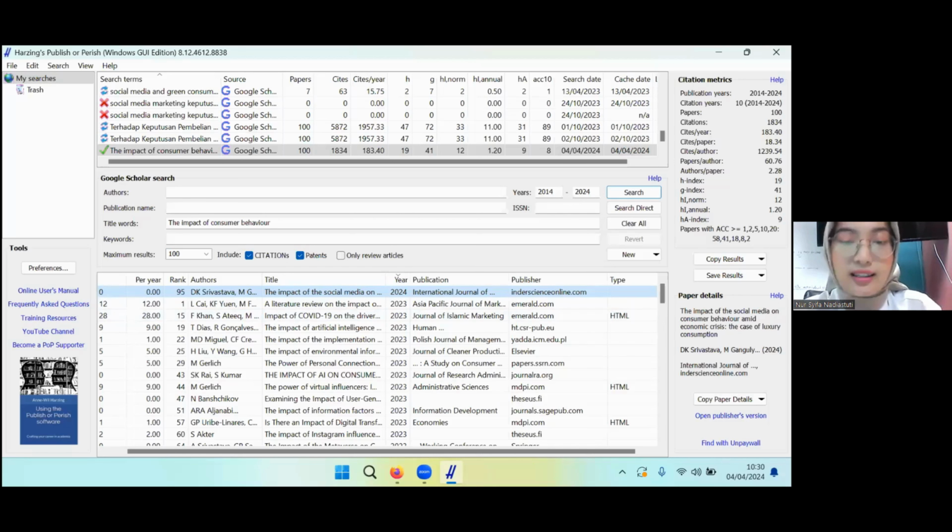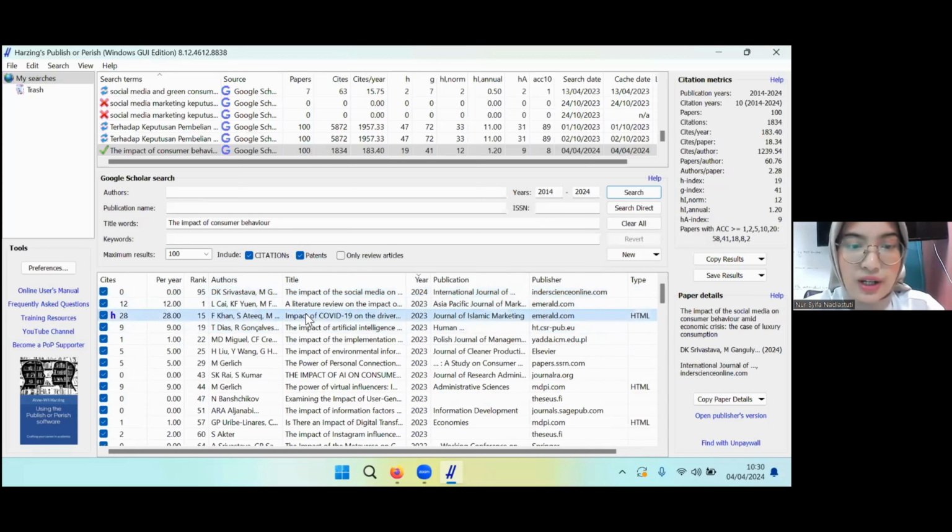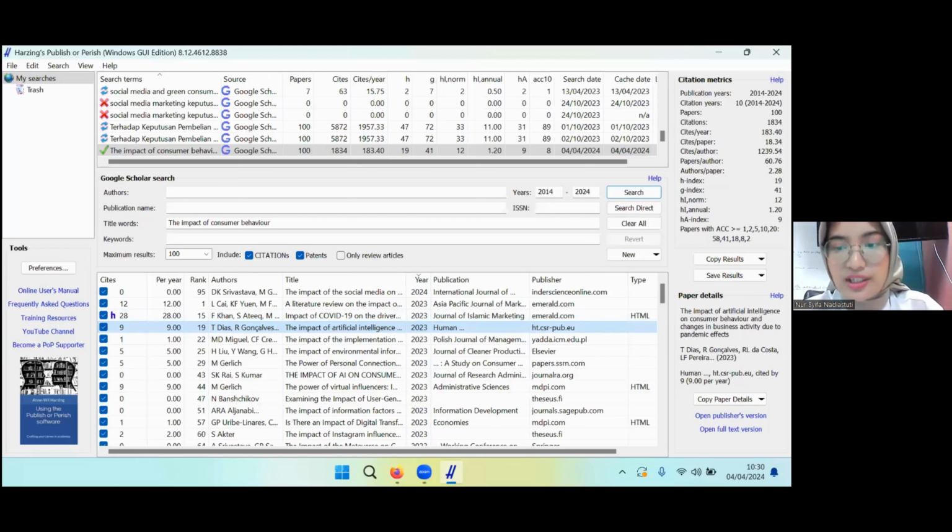The year of the publication is 2024, and it's from an international journal. If you want to choose another result, for example the fourth result, it's from Tedias. The title is The Impact of Artificial Intelligence on Consumer Behavior and Change in Business Activity Due to Pandemic Effect. It's from 2023.